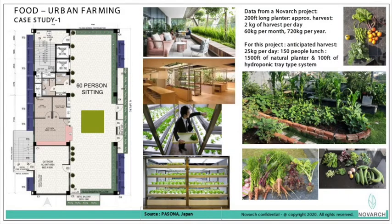In case study one, the cafeteria floor is going to have lunch cooked for 150 people every day. From our earlier project, the photographs of which you see on the right, based on the calculations of the produce from that project, we've realized that we need to grow about 25 kg of vegetables per day to feed 150 people for lunch. So in this project, we've designed a total planter length of about 1500 running feet, plus approximately 100 feet of hydroponic tray type system, the images of which you see here from a project in Japan where they're growing food in an office. Our aim here is to provide clean, healthy, organic, chemical-free, pesticide-free food for all the employees of the office